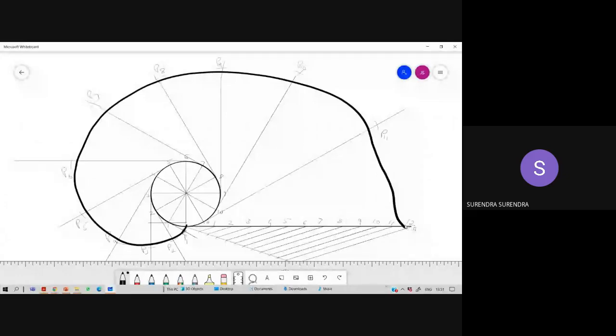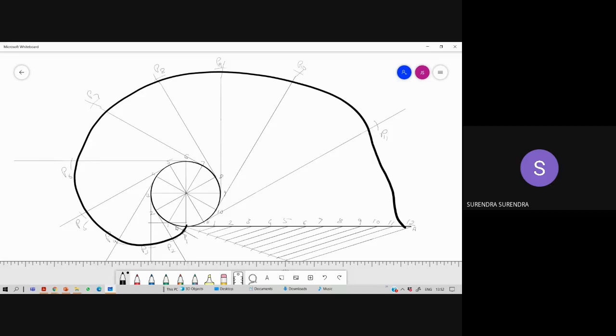Second step, drawing tangents at each and every circle division. Tangents means exactly maintaining the perpendicular with the drawn radial lines. Next, third step is with P1 radius, draw an arc with 1 as center, measuring the distance P2, taking 2 as center, arc on the second tangent. P3 distance, 3 as center, arc on the third tangent. P4 distance, 4 as center, arc on the fourth tangent, up to P11, and finally P12 equal to the final value. It should be at point A.